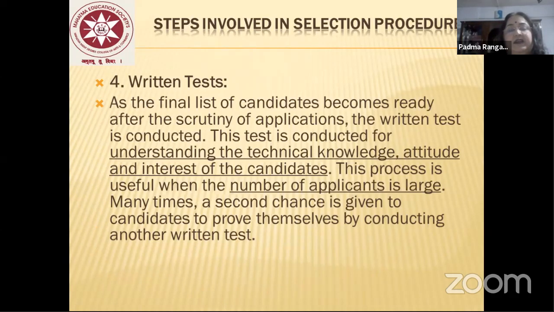This test is conducted for understanding the technical knowledge, attitude, and interest of the candidate. This process is useful when the number of applicants is large. बहुत लोग जब आते हैं तो हम जब written test देते हैं तो काफी कम लोग पास